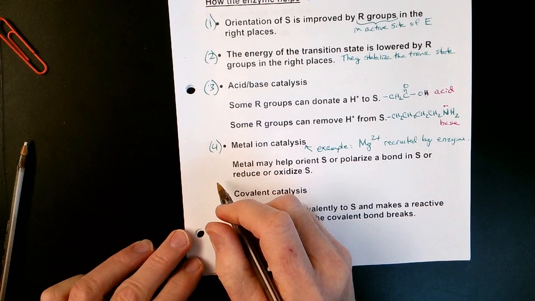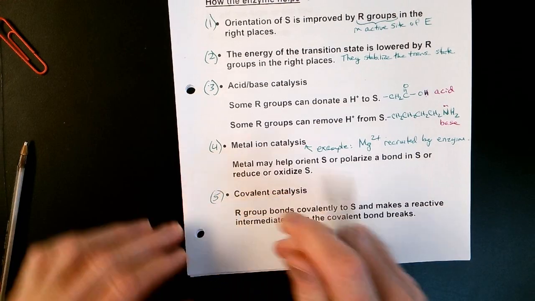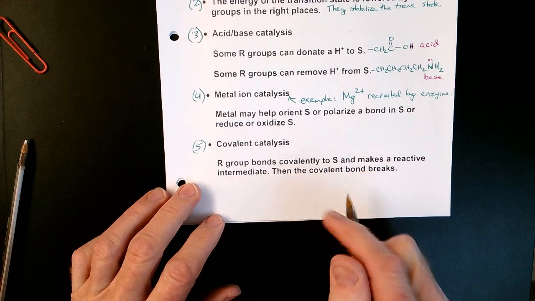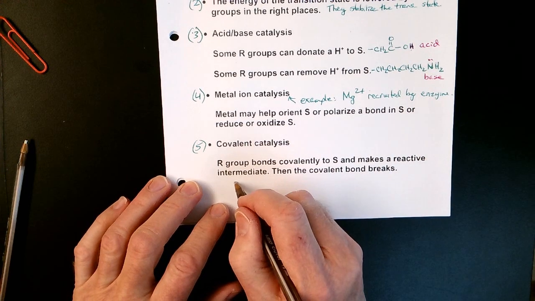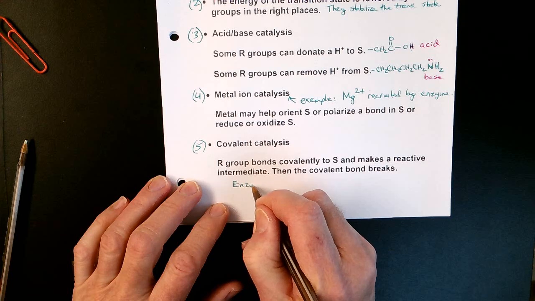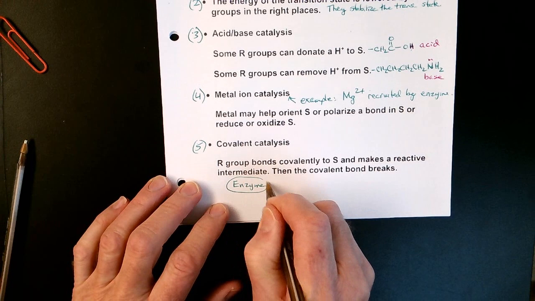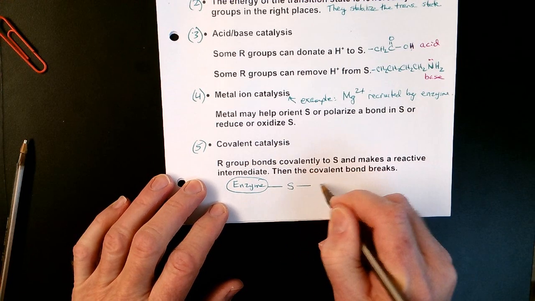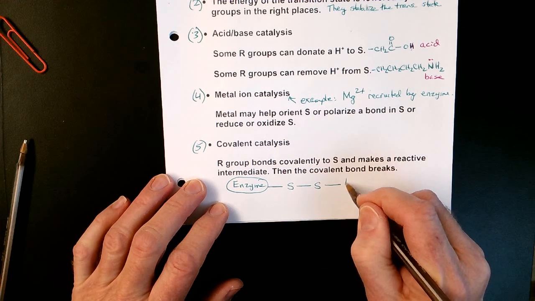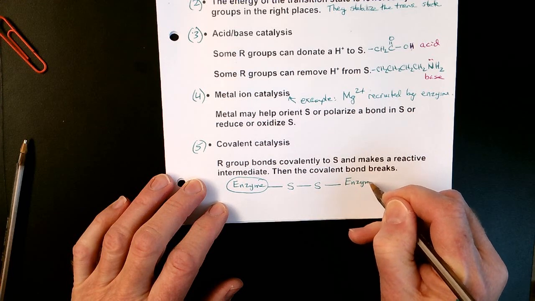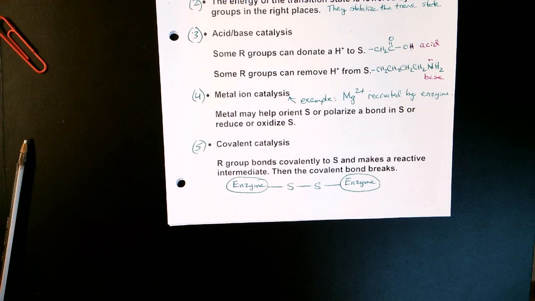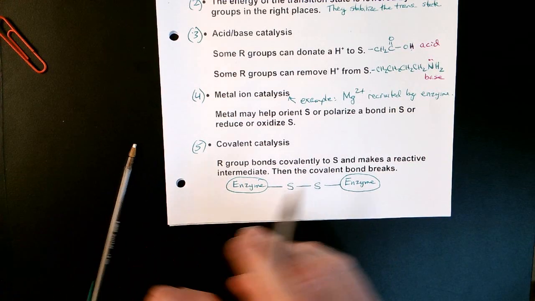And then there can even be something that we call covalent catalysis, which is what it sounds like. There will be covalent bonds broken and formed. So this, just in a brief abbreviated form, would look something like this. You'd have an enzyme, and one of the most prominent covalent interactions we looked at within a protein would be a disulfide bond. So let's say that there's an enzyme that's linked like that, and so you may have